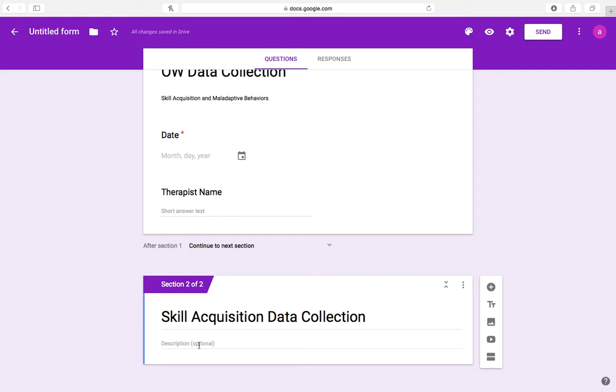I have an option here to add a description. However, I'm just going to leave that blank for now. I could put in here replacement behaviors. So I have the general idea of what section 2 is going to be, and now I can add